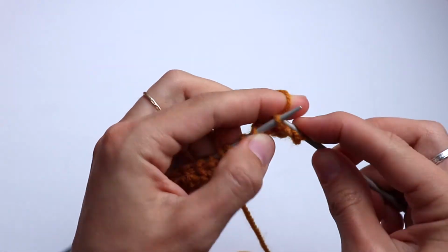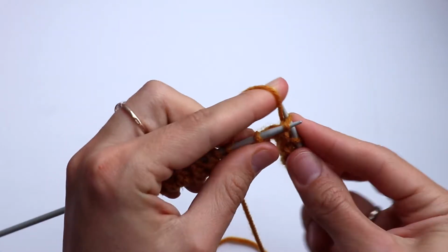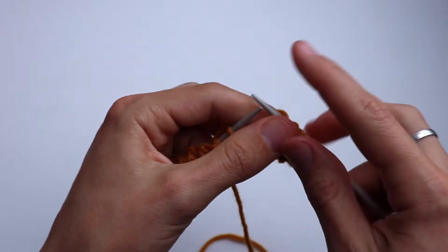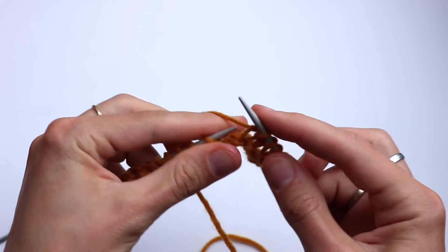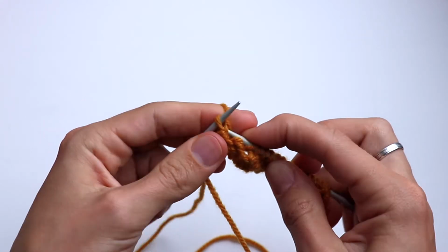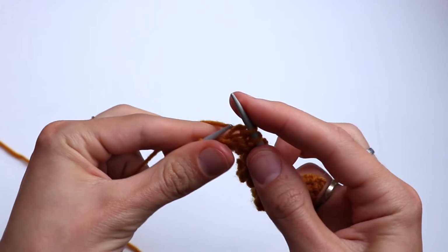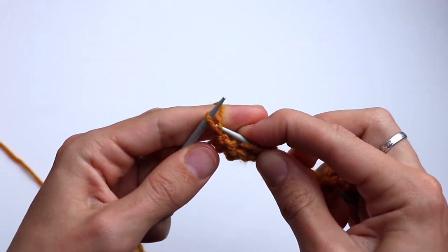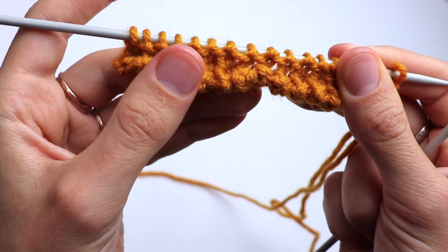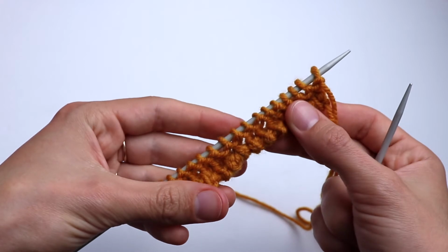And row number 4, knit all stitches till the end of this row. Knit, knit, and the last selvage knit as well. Turn, look. So we did this purl round because we don't want the edge to curl, and